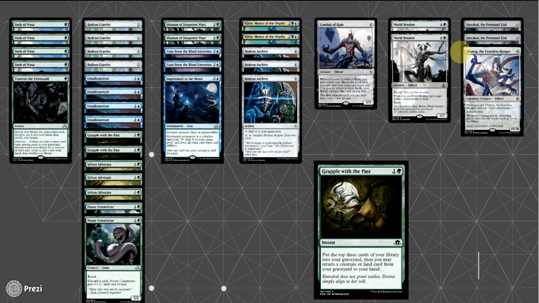Whereas Anticipate never misses on a card, Grapple with the Past will get us something we really want. We won't always want a land. We'll usually want a creature back, I'm sure, but what Grapple does is it gets us closer to Emrakul and it gets us closer to Delirium. Again, this isn't necessarily a Delirium deck. I didn't call it